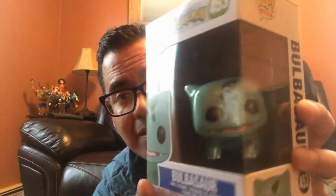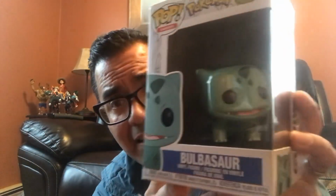So yeah, this guy is, of course, part of the Pokemon lore, part of the story of the most popular Pokemon in the series. And this thing is just like Charmander, just stinking cute, and I'm glad I have him. Awesome. And of course, you can't talk about Charmander and Bulbasaur without referring to the mascot himself, the main guy,